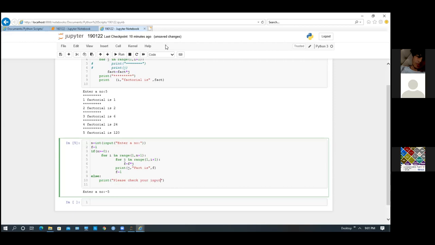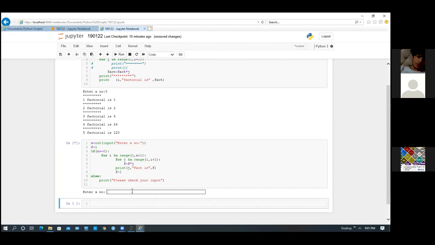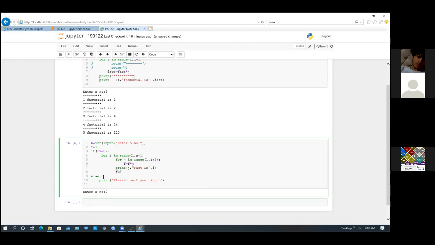Someone else has also sent me. Okay, Somdatta has sent. Let me check. It's very much complicated. Now if we run it, suppose I give 0, else n greater than or equal to 0, no? If n greater than 0.